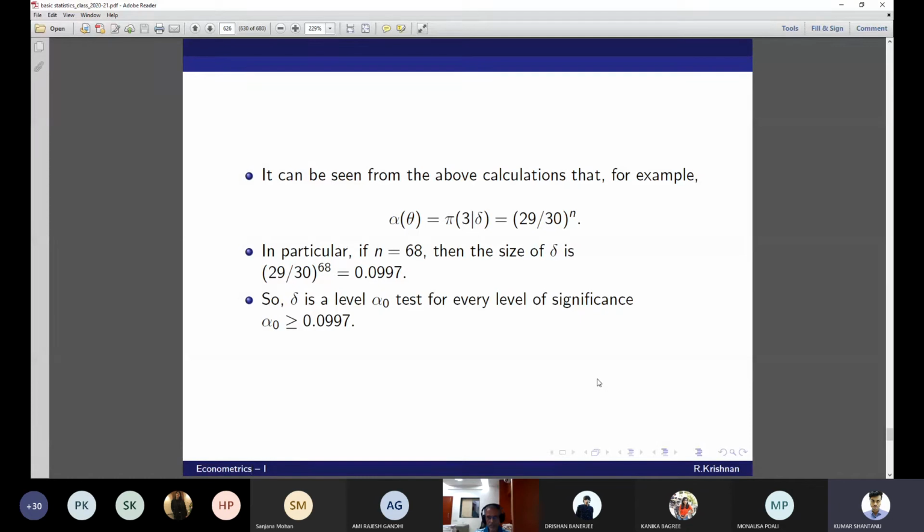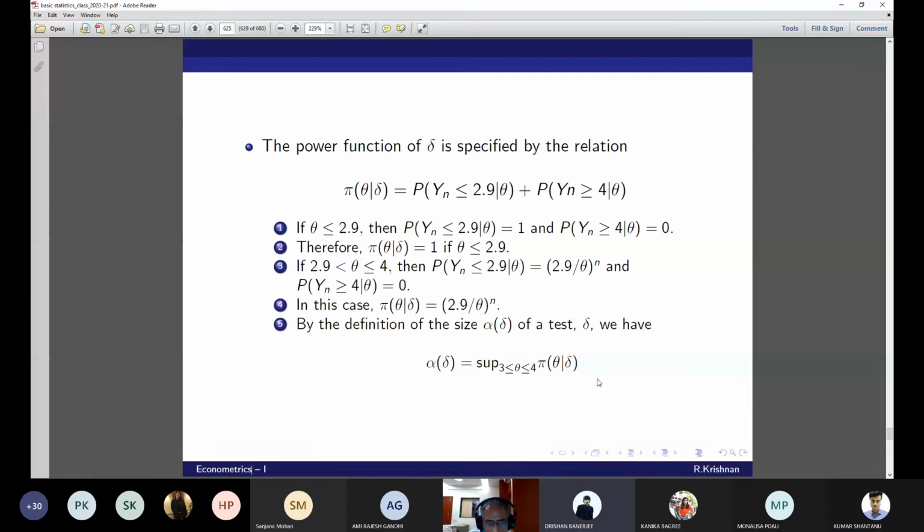So now, this is the maximum probability of rejecting the null hypothesis. Why do we need the maximum? Because the power function should be as high as possible. Get my point? Yes, sir. As close to 1 as possible.